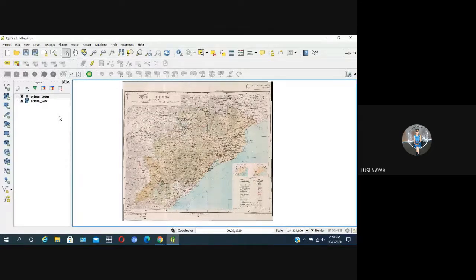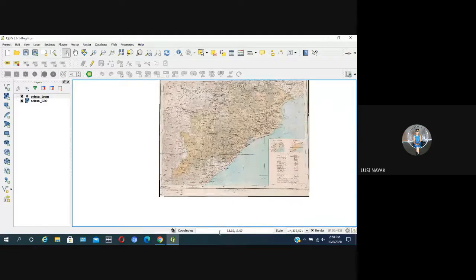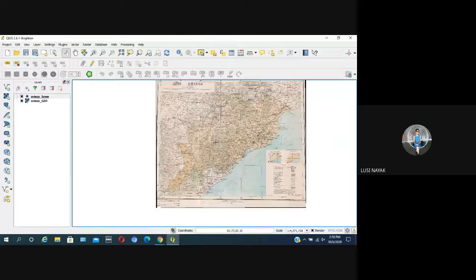Savita, you have asked how to find the longitude and latitude. Longitude and latitude of what? Of your place or of the Odisha map? If in the Odisha map you want the longitude and latitude of the given points, just put the cursor on any point, and you will get the longitude and latitude at the bottom of the window. Wherever you put the cursor, the latitude and longitude of that location is displayed.